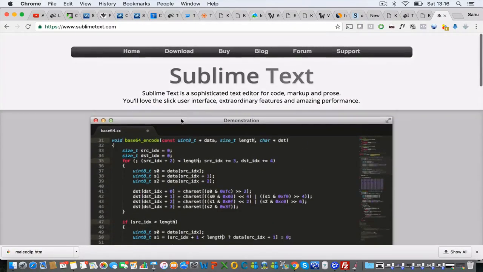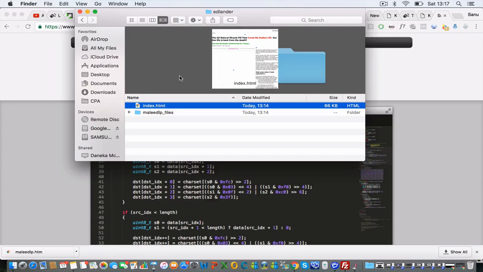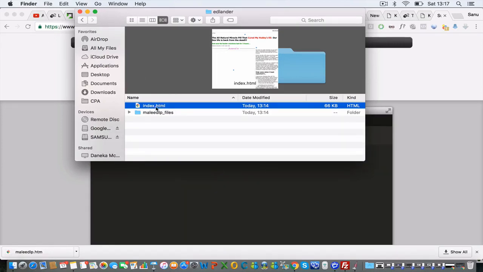So this is Sublime Text right here. See this? It's a free application. It's like an HTML editor, and it allows you to edit web pages. Again, just to clarify, we downloaded the web page, we changed it to index.html, and the reason why